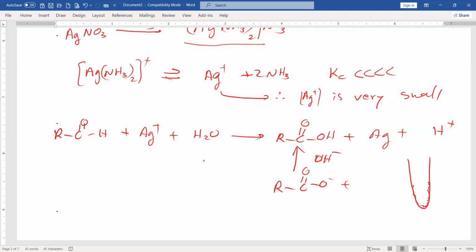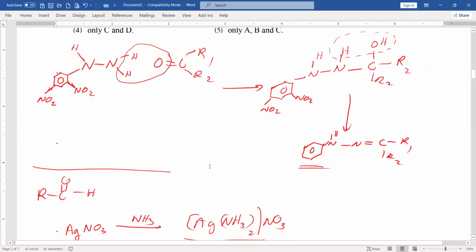If the reaction takes place a little fast, you will obtain a black colored deposit on the inner wall of the test tube. As we need a nice silver mirror, we use this. Even if you add AgNO3 only, this will happen, but you will not see the characteristic silver mirror. That's why we use it. Okay, now,